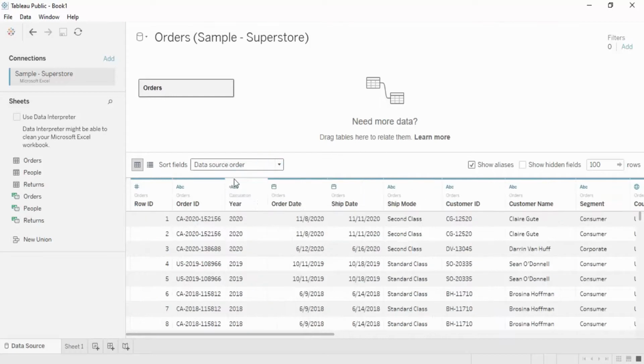So that's the way through which the columns are being organized. If you select the data source order, it would be in the same order in which they occur in the data source. Furthermore, you can organize them on the basis of the table, but for that you need to have the unions part or multiple tables present, which we are not working with right now.